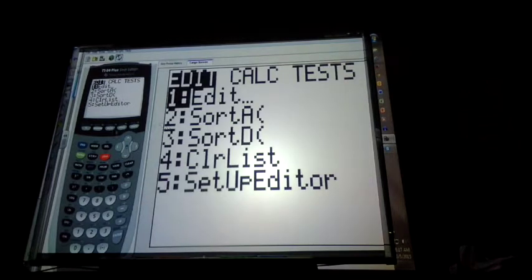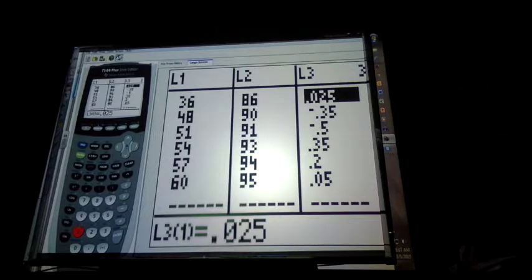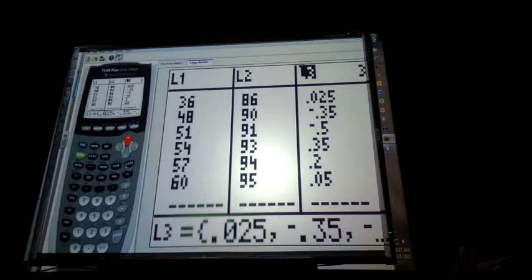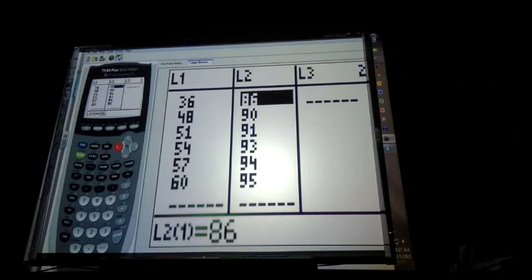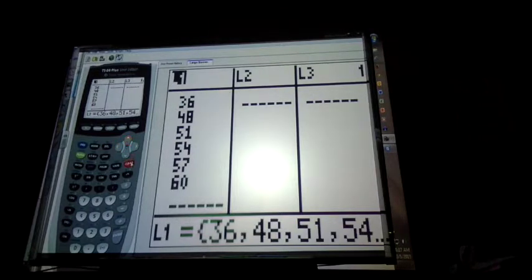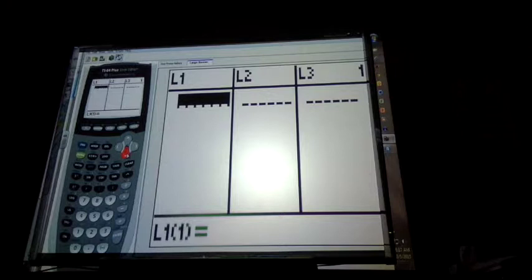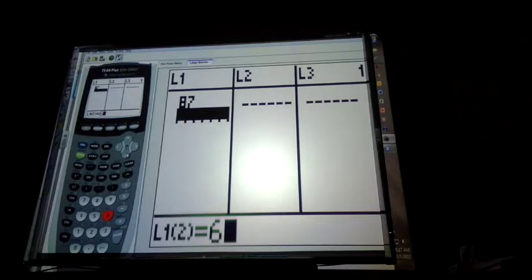So let me clear out our stuff for right now. I don't want anything there. I'm going to go into stat, large screen. We're going to edit. I'm going to clear out each of my lists. So I'm going to clear the first list out. This is all stuff you should know how to do. If you don't know how to do it, you need to come see me. We can figure this all out. But I'm going to plug all 20 of those high temperatures in. Looks like you would double check my work.